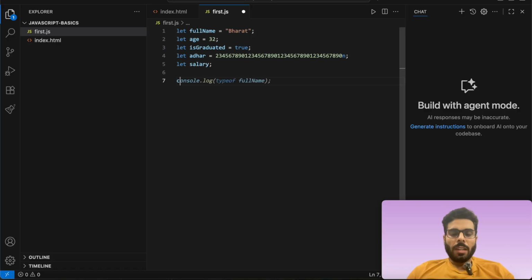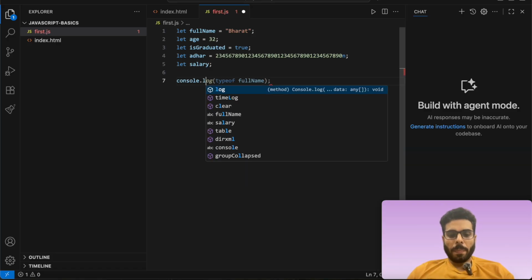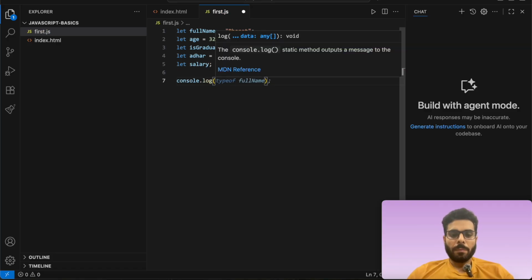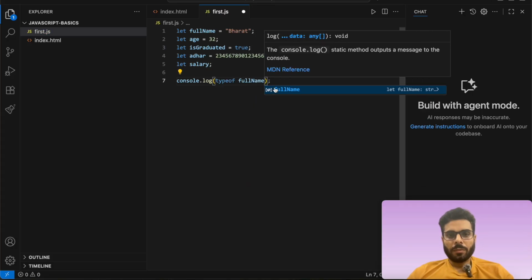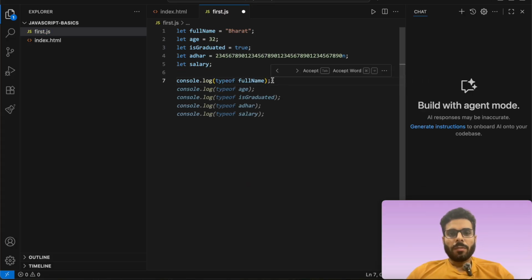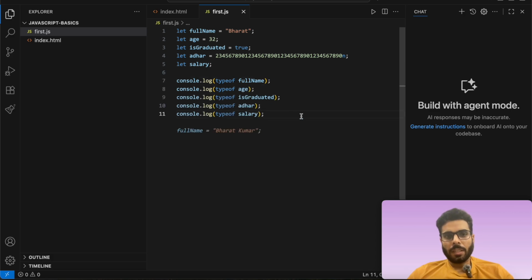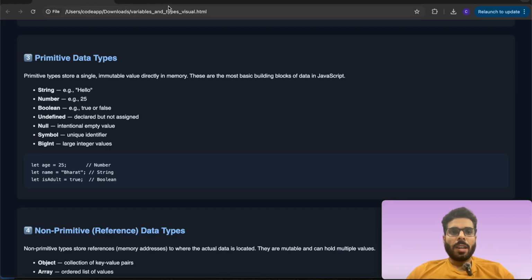So let's see what are the data types of these variables. So I have printed the data types. You can print the data type of any variable with typeof. typeof is a reserved keyword in JavaScript. So when I